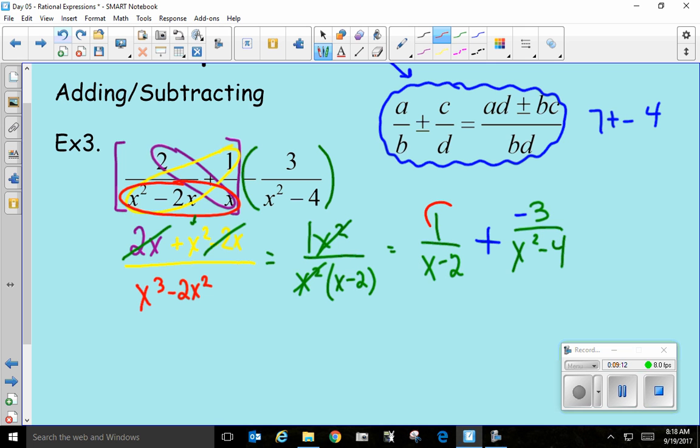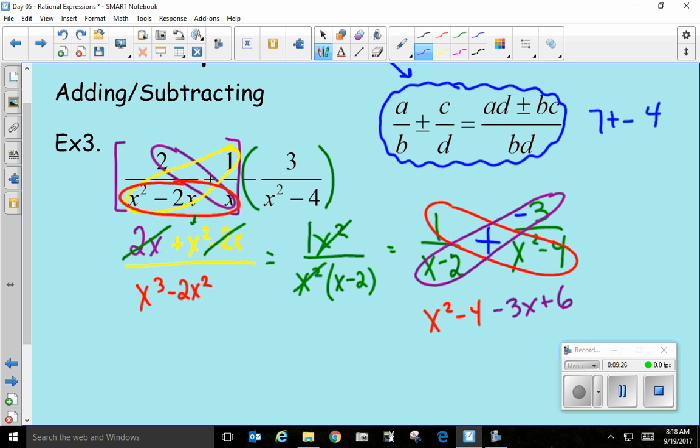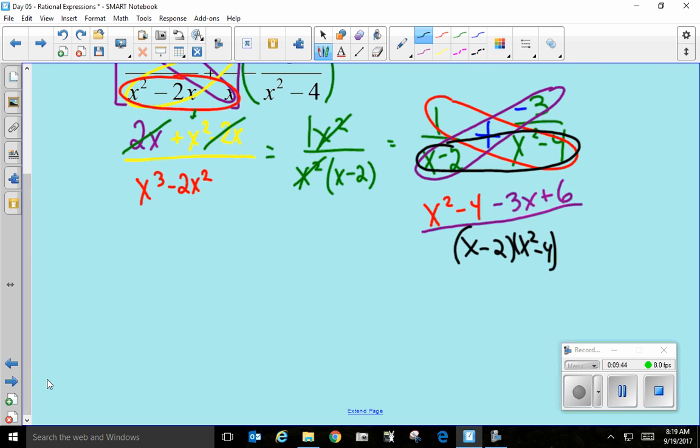Okay? So now, 1 times anything is itself, right? X squared minus 4. I hope so. Now, I've got to multiply negative 3 times this. So I got negative 3x plus 6 all over, when I multiply these two. And I'll leave that as x minus 2 times x squared minus 4. Let's clean this up. Okay? The numerator is x